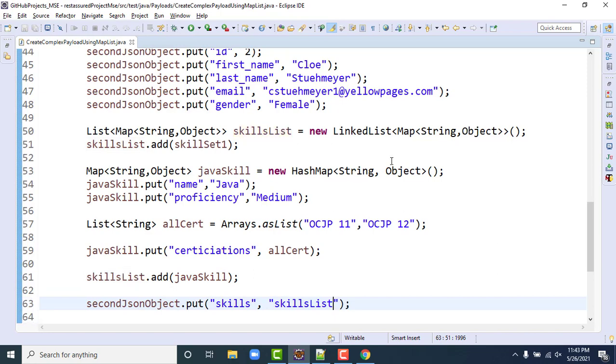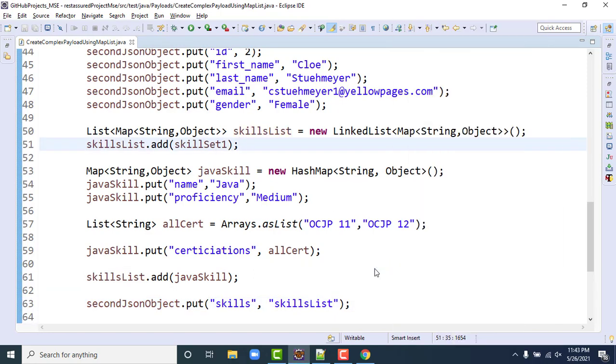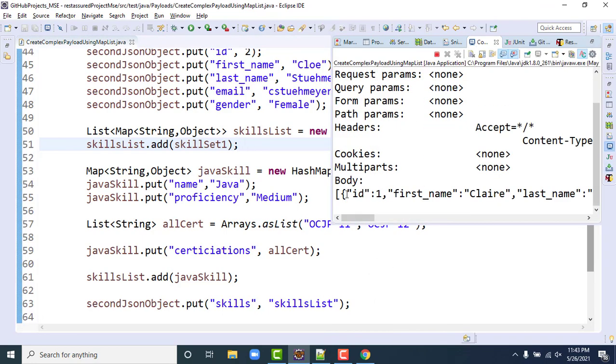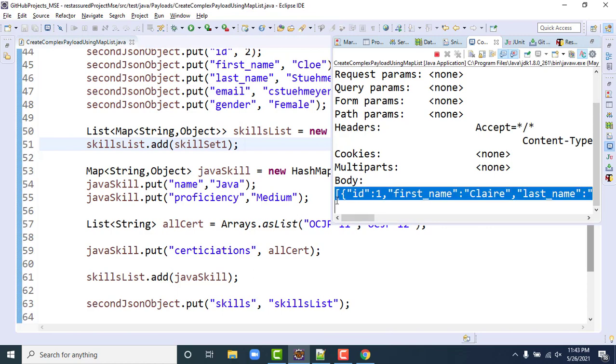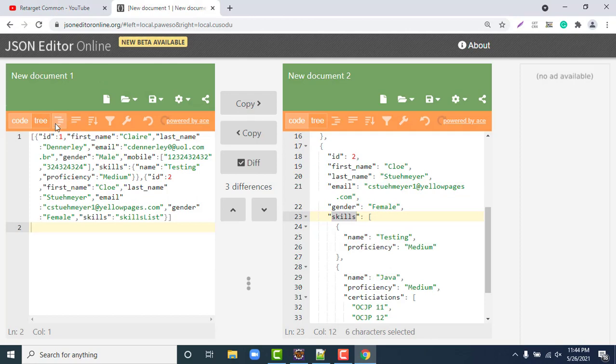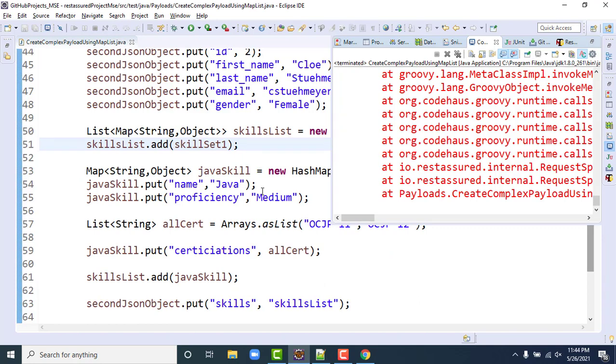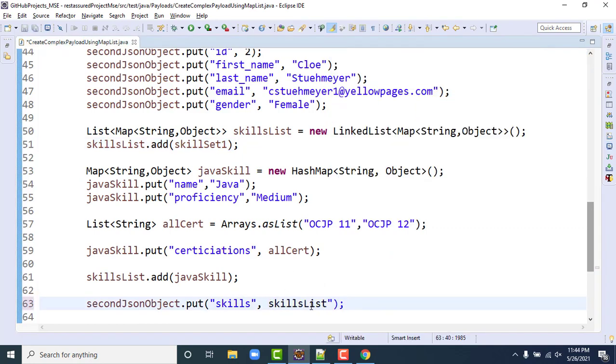And let me run this again. So let me paste it on the left hand side, format it, and this time, okay, again a problem. Why is it a problem? Because this skill set is a variable, right? We gave it in double quotes.